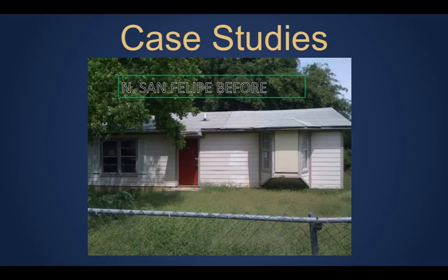There was no ductwork. There was no sheetrock. There was no insulation. I could stand in any corner in this house and see the other three corners and all the studs that marked off where the rooms were supposed to be. That's what the inside of the house looked like. It was a shell. And I bought this house